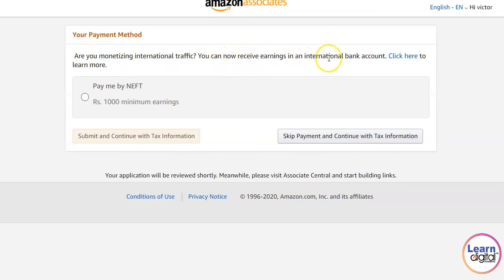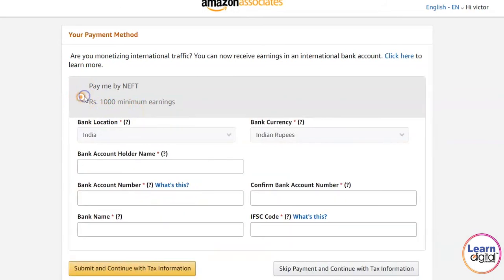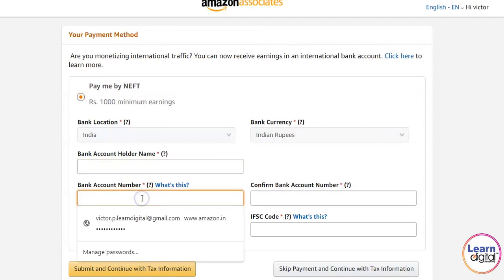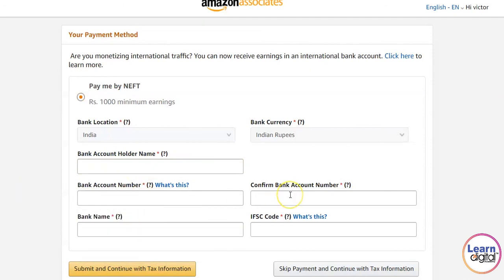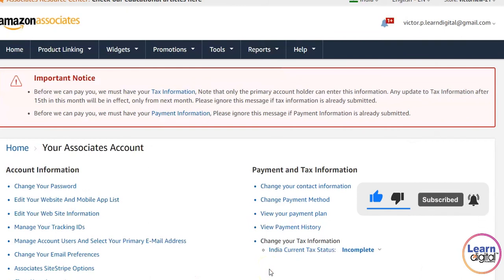You can now receive earnings in an international bank account also. Click here to know more. No, so pay me by NEFT. Minimum earnings is 1000. Let's click on this. You need to give your bank account name, that is Victor, your account details, your bank name, and confirm, along with the IFSC code. Once this is done, you will automatically get paid once you reach this threshold. As of now, I am skipping the payment information. Now we have successfully entered the Amazon platform.